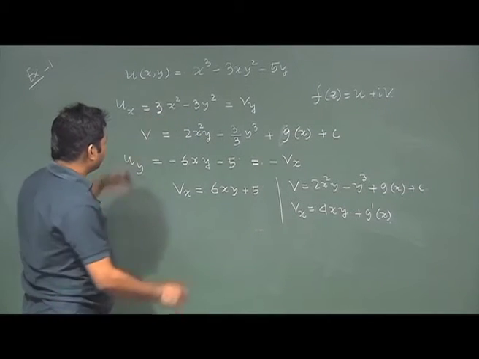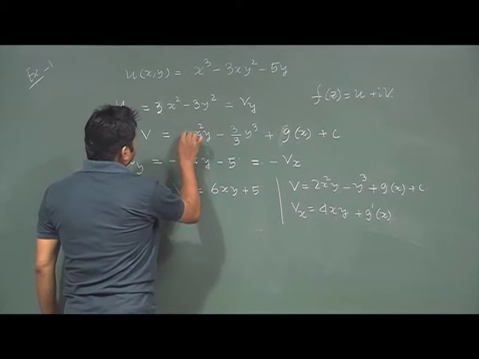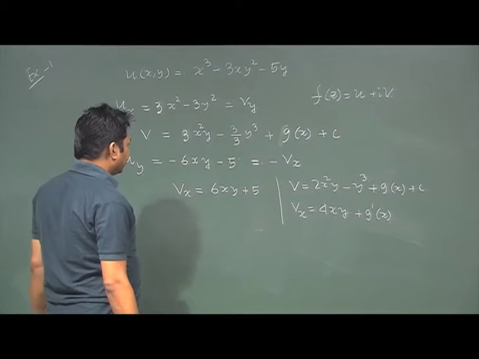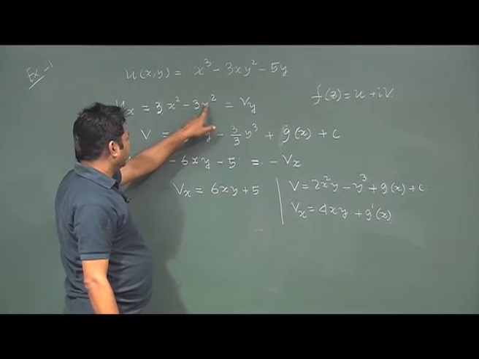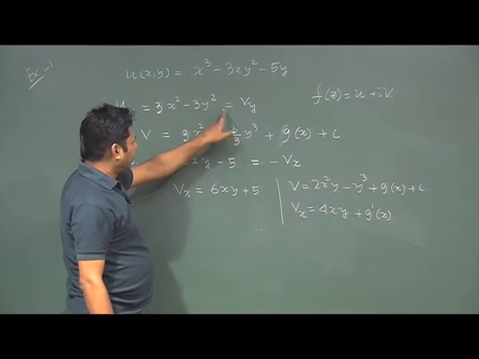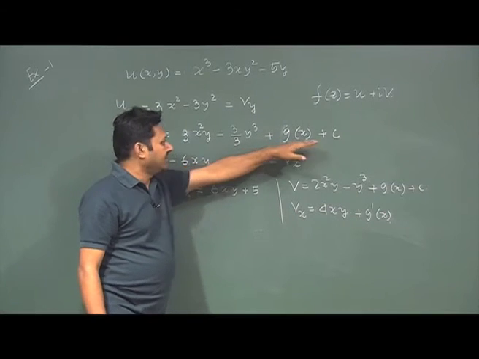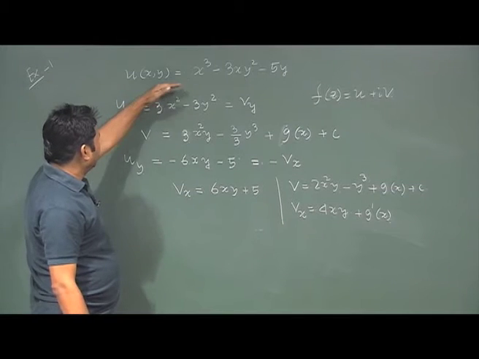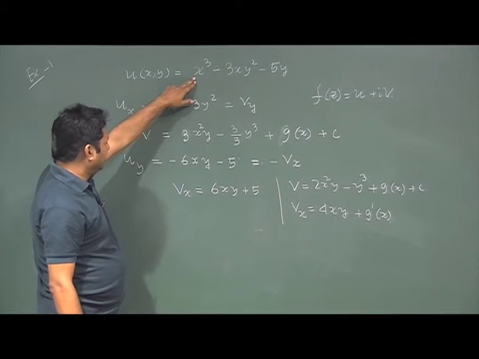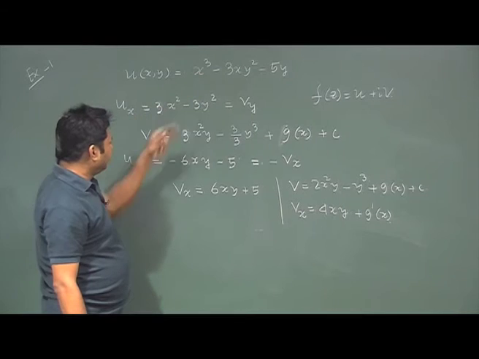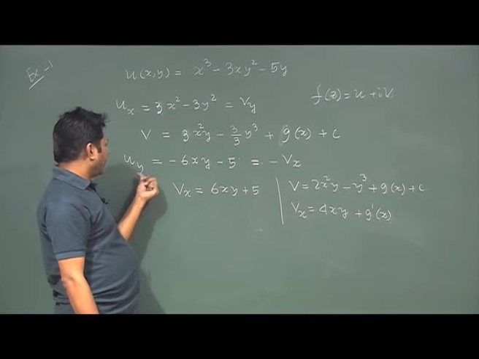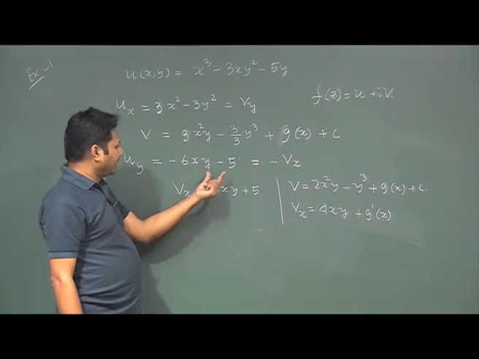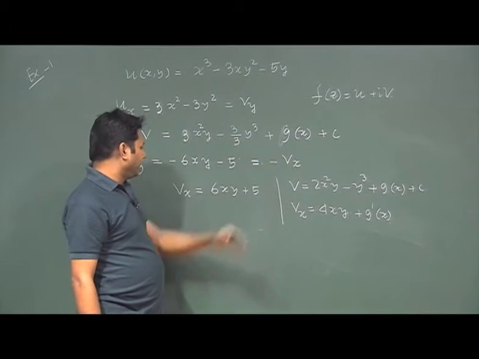So, integration of this quantity gives, this quantity should be changed by 3. Another thing, I hope other things are okay. So, it will be y cube divided by 3, and because of the integration I will have g(x) plus c. So, u_y, again I can do the same thing with respect to y, I can take the derivative. When I make a derivative with respect to y, first term will not be there, second term will be 6xy minus 5, which is equal to minus of v_x.